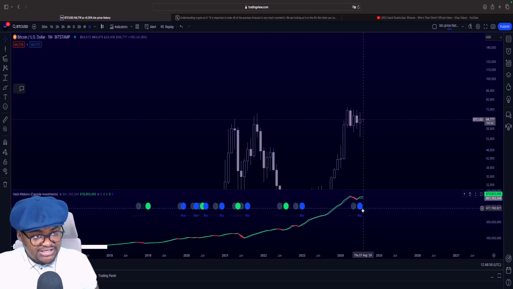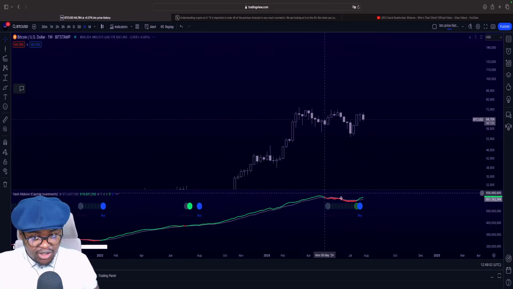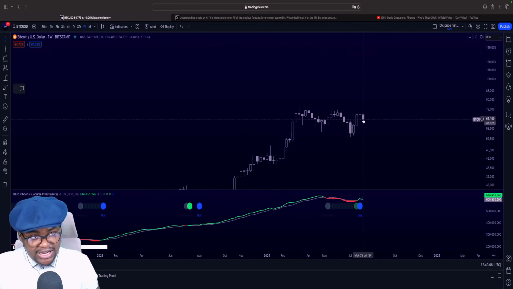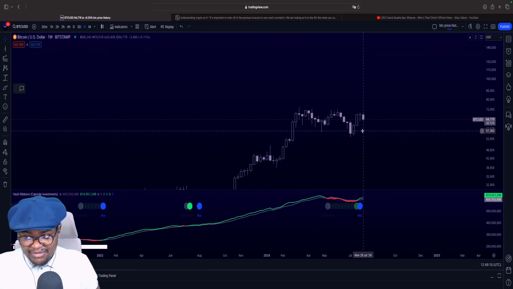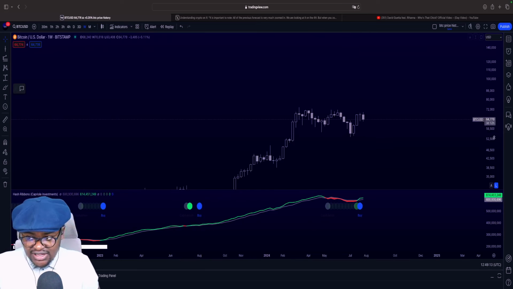And we have a buy signal right here on the monthly time frame on the Hash Ribbon indicator. We also have the same signal on the weekly time frame as well. And now on the weekly time frame, you will see that the retracement is already coming. Now this right here, you could just